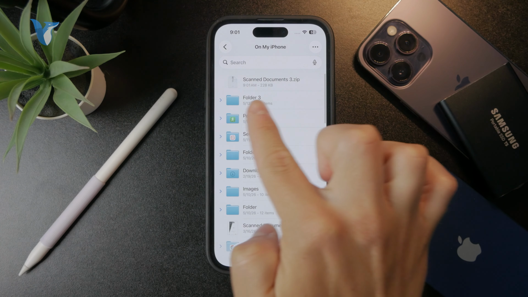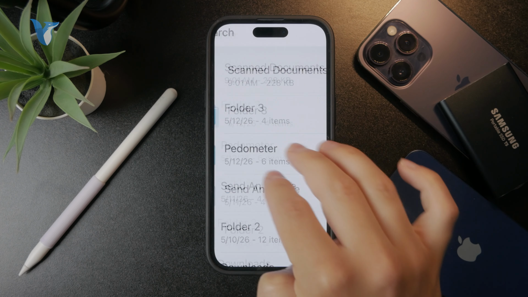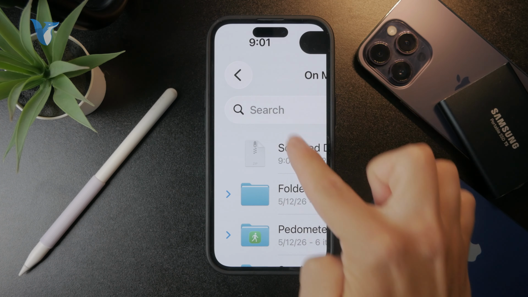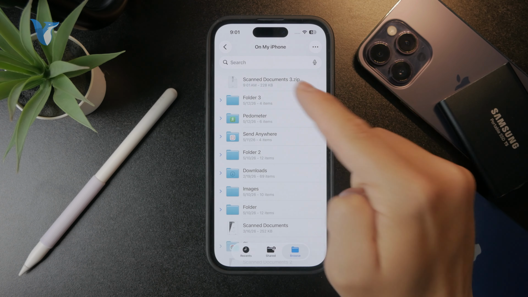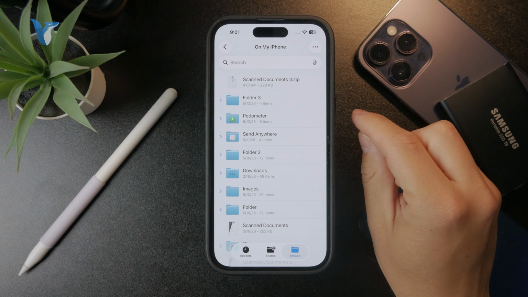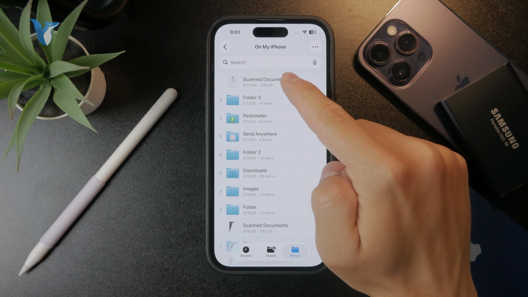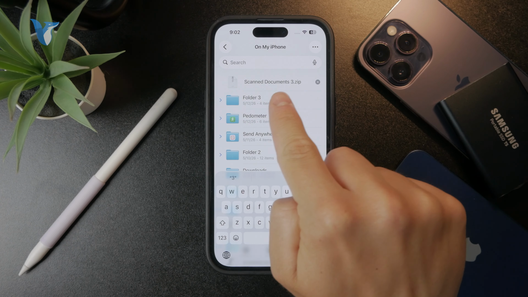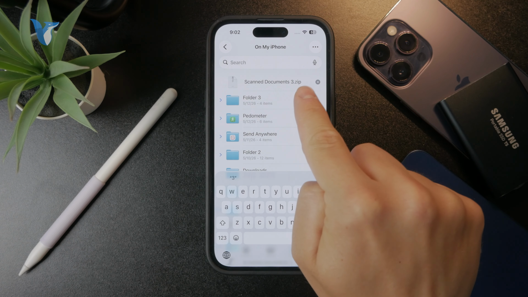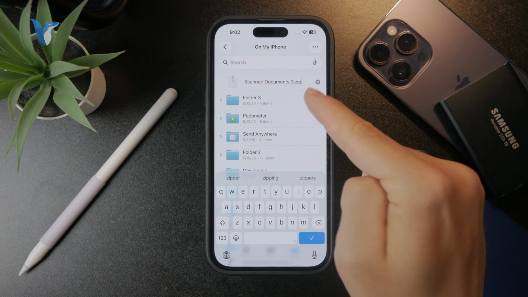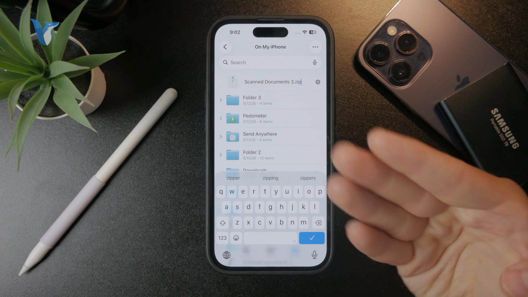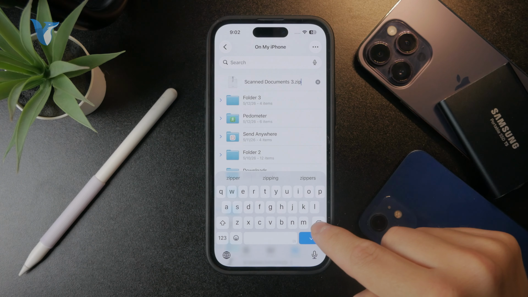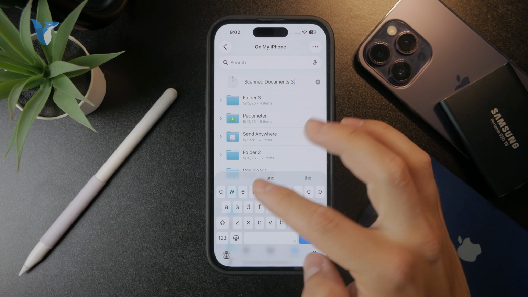You can see it has been created at 9:01. So the first thing on my list, the scanned document, has just been created and I have the file compressed in here. What I can do right now is hold down on it and click on rename, and I'm not going to rename just the file, but I'm going to change the extension. As you can see, the zip extension is very useful, but I'm going to change it to something random. Like I'm just going to type in